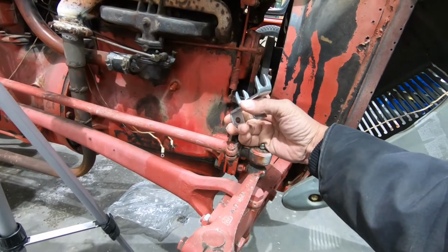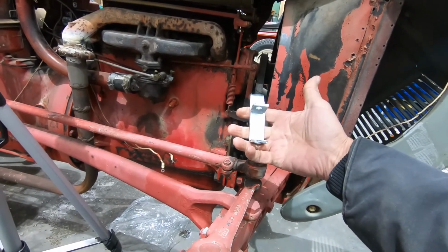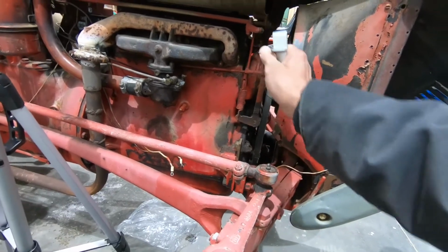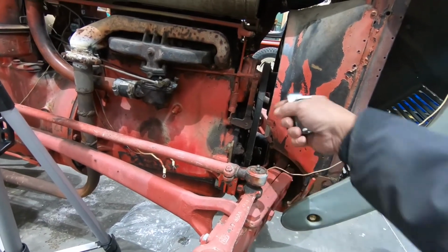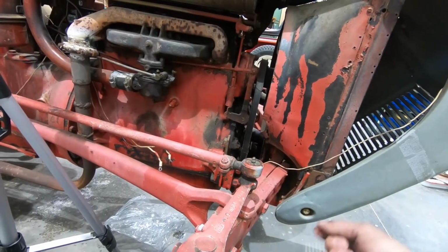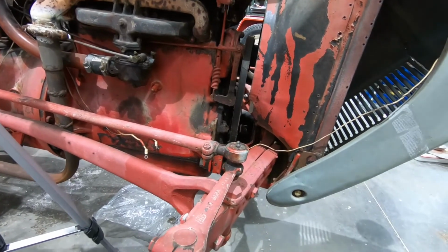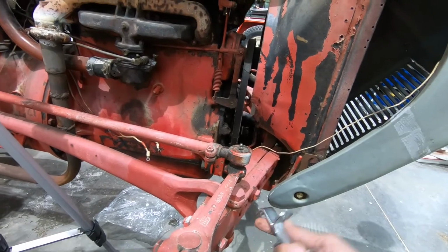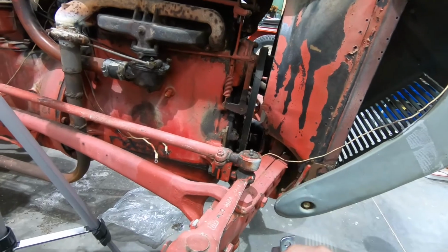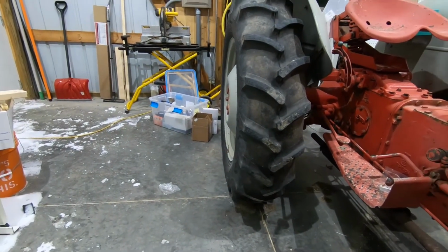So, you know, I don't even want to put this on because it's at an angle. You know, my alternator is going to be at a slight angle to everything else here, to the water pump and, you know, the crankshaft pulley down there. Ah, jeez. So, I'm at a dilemma. Do I try to send this thing back? Do I just put the generator back on here? And, you know, I got all this other stuff for it